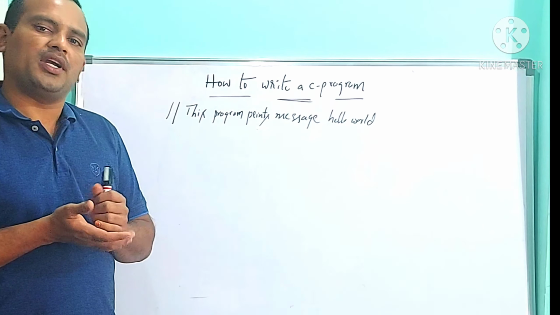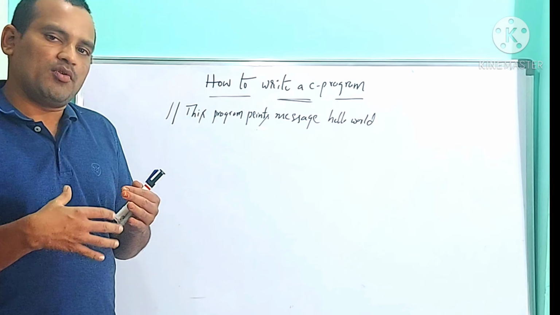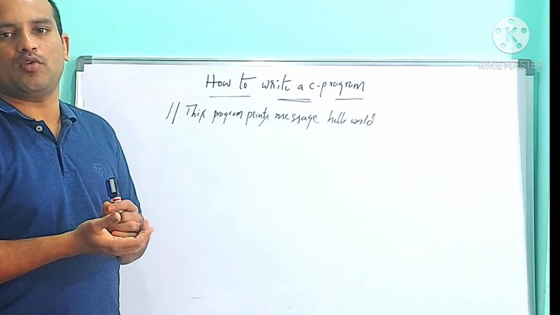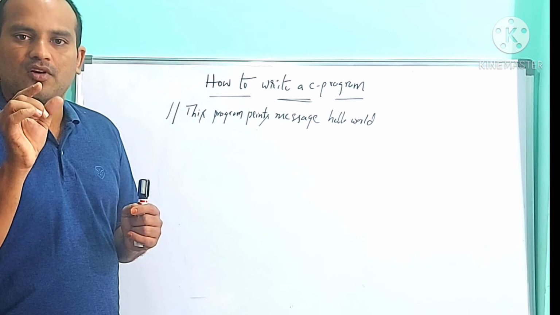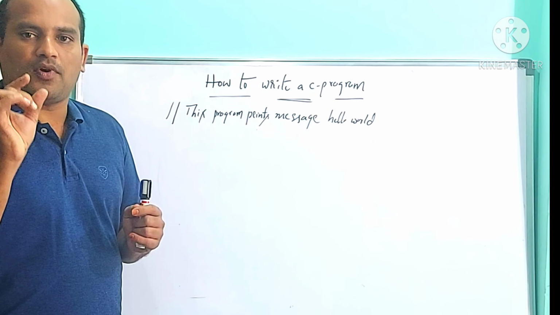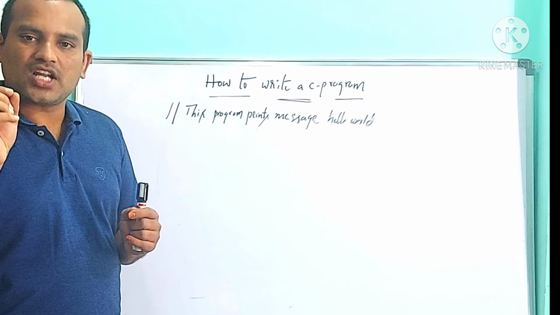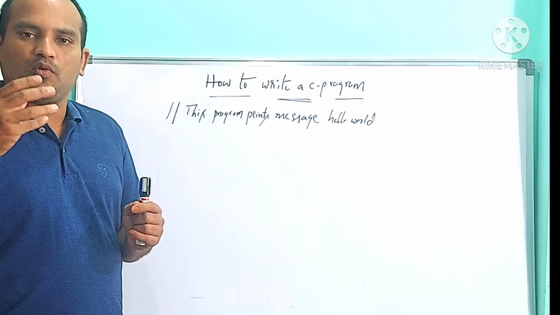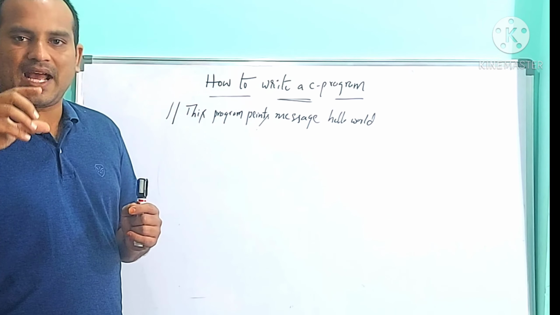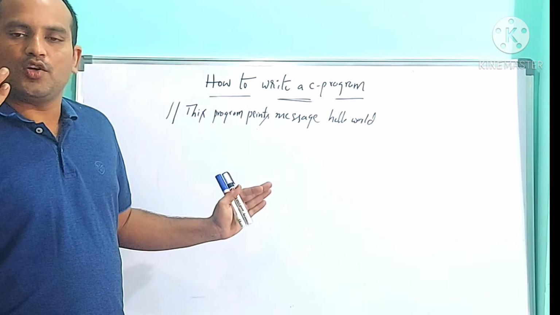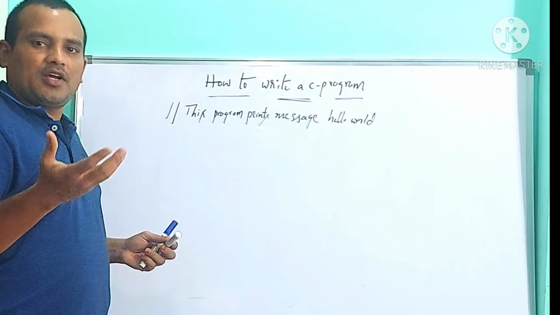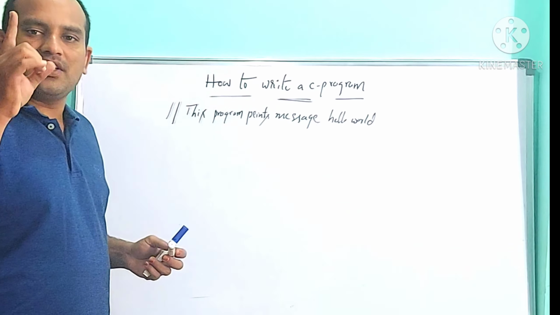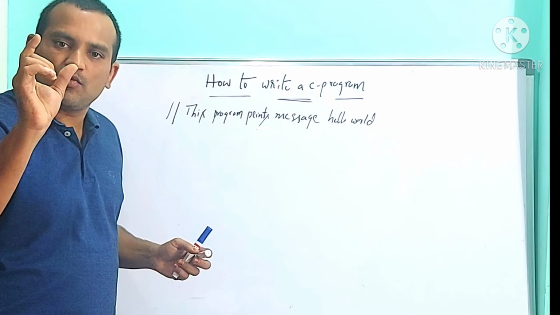All these are called predefined functions, and this topic we will discuss in the functions topic. Don't worry, till that time remember printf and scanf. Printf is called the standard output function. Scanf is called the standard input function. So if you want to use printf or scanf in your program, then you must include stdio.h. Without printf, you cannot see output. In every C program, we must use at least one printf.